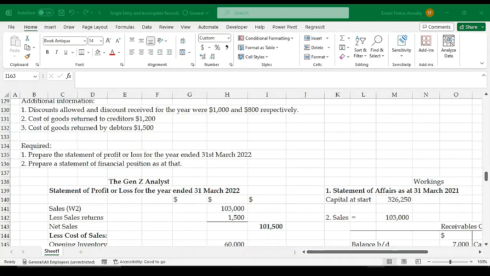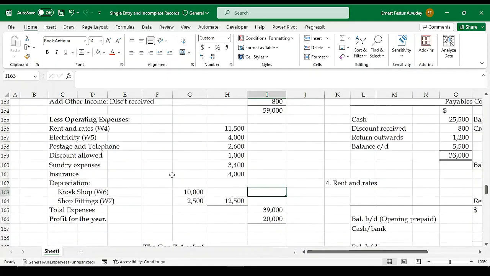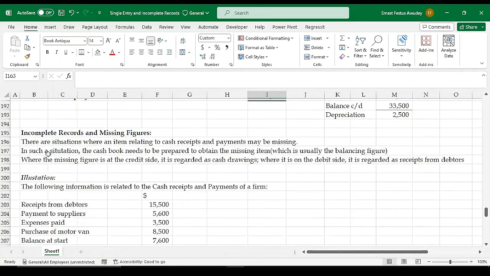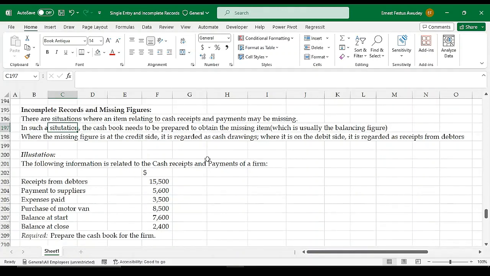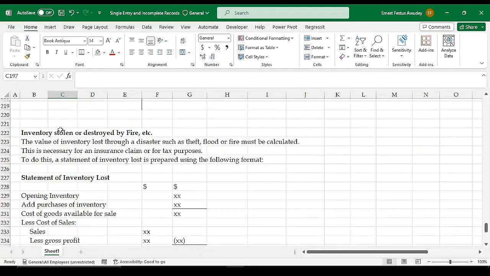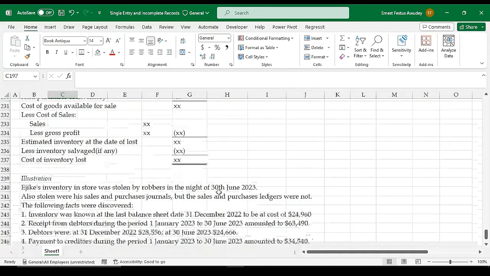In the next video, we are coming to continue from where we left off. So we are going to look at how to deal with incomplete records and missing figures. All right, so a situation where an item relating to cash receipts and payments may be missing. How do we find or calculate that particular missing figure? And then finally, we are going to look at how to calculate inventory stolen or destroyed by fire accidentally. When that happens, even if you are keeping a complete set of books, you are still going to lose some of your goods. So how do we find the value of that particular good? So that's what we're going to look at